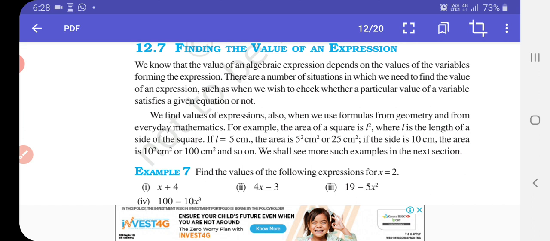Our chapter is algebraic expression, and what we learn about algebraic expression: what is an algebraic expression, what is a variable, what is a constant. Variables are the terms which have no constant value, meaning its value varies upon condition. Okay, and a constant has a fixed value, that is called a constant. And now in this chapter we have learned about terms. Okay, terms of the